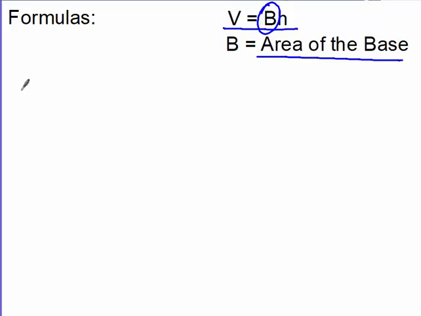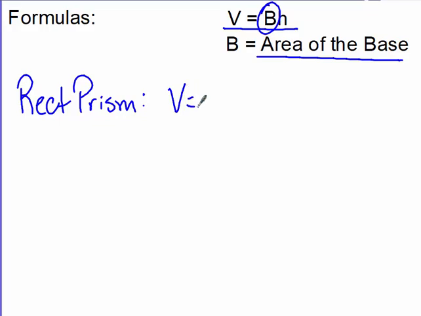Kind of like this. Let's say I had a rectangular prism. Well, in a rectangular prism, our base is a rectangle. So we would plug our rectangle formula in, which is typically, first one that you learned was length times width. And then we just multiply by the height of it. So this length times width part, this is the part that's our base. All right, now if we have a triangular prism,